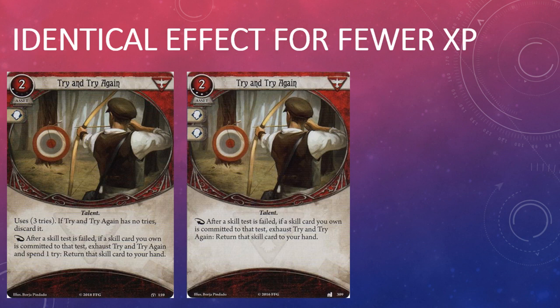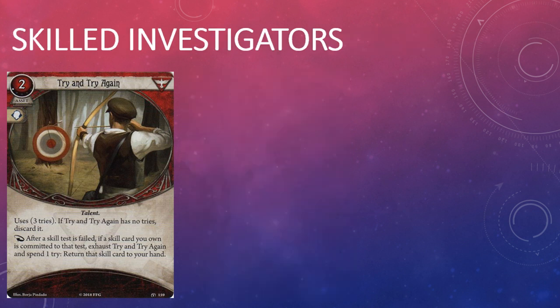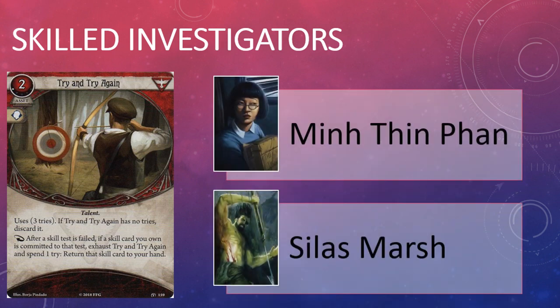It has 1 less willpower skill icon and has only 3 charges, or in this case, tries. So is level 1 Try and Try Again going to succeed where the level 3 version failed? Well, the Arkham Horror LCG's landscape has changed a lot since level 3 Try and Try Again came out. When you discuss cards that affect skills, 2 investigators should immediately come to mind, those being Min Tae-fan and Silas